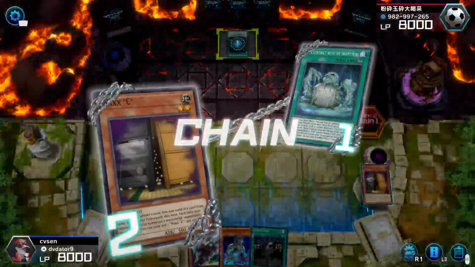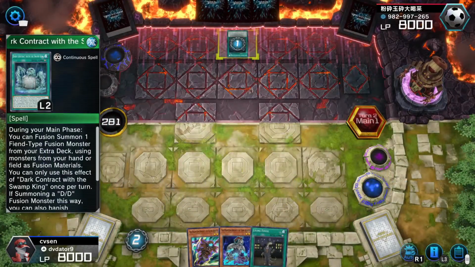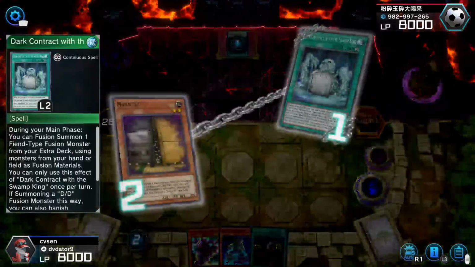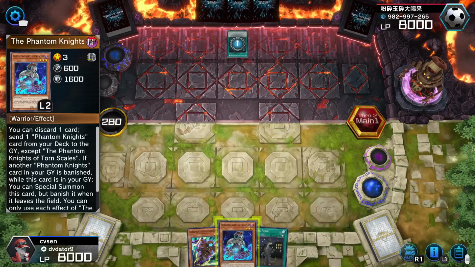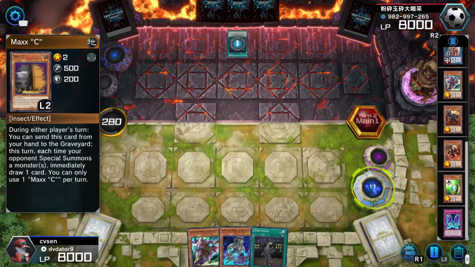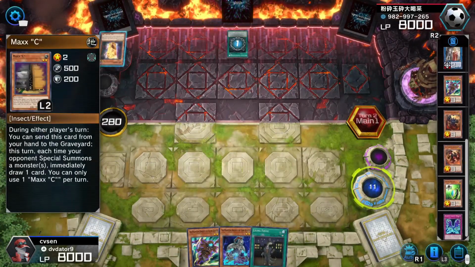We're going to use Maxi. We're not going to chain Wing. There we go. So go ahead and fusion summon. So I mean, we could have definitely made a better play. The imperm really,